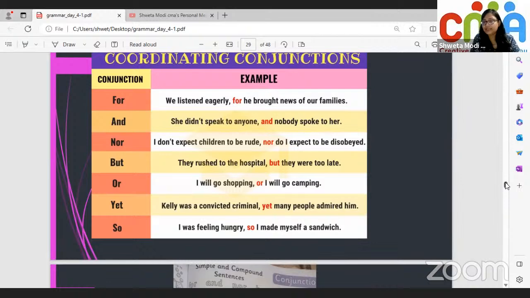We listened to our family. She didn't speak to anyone and nobody spoke to her. I don't expect children to be rude, nor do I expect to be disobeyed. They rushed to the hospital, but they were too late. I'll go shopping or I will go camping. Kelly was a convicted criminal, yet many people admired him. I was feeling hungry, so I made myself a sandwich. All these sentences